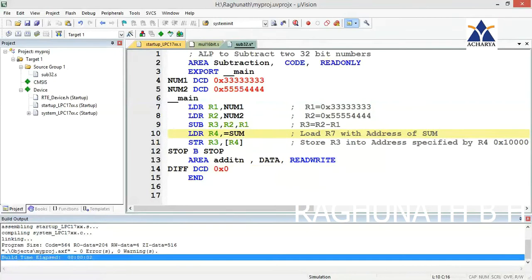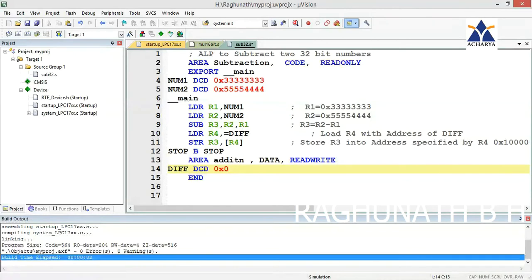In line number 10, LDR R4 is equal to that diff variable address. After that, store R3 content into that location.